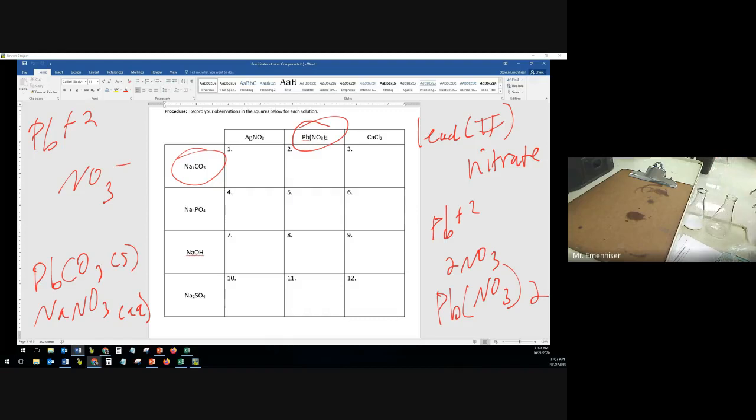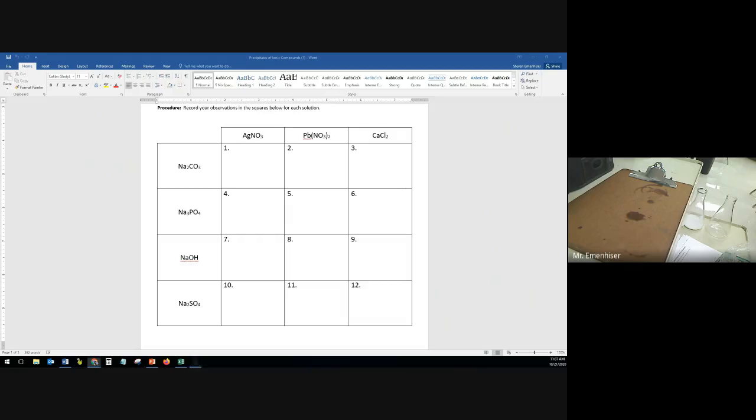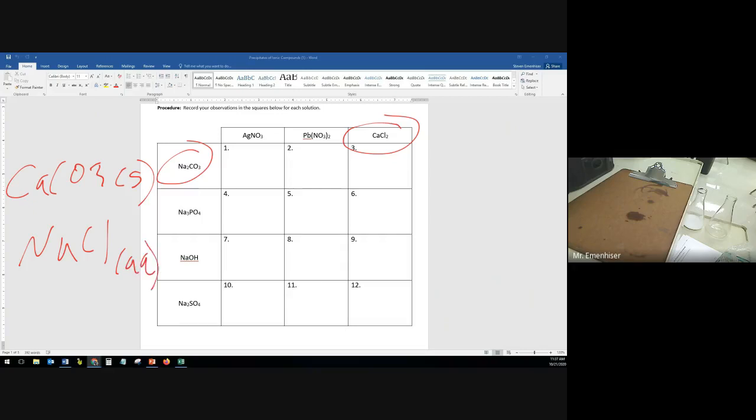All right, number 3. Number 3 will be calcium chloride and sodium carbonate. And so we're going to form calcium carbonate, which will be a solid, and sodium chloride, which will be aqueous. Chlorides are usually aqueous, especially when they're with a group 1 metal. All group 1 metals are soluble, and they will be aqueous in solution. And so we're going to get sodium and chlorine ions swimming in solution, but we're going to get a solid